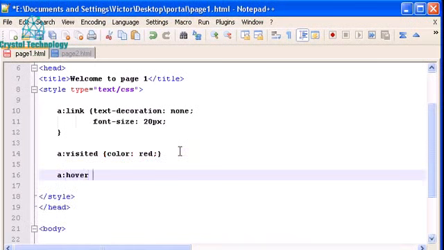Okay, hover is for this state. Hover is when we pass our mouse over a link. What do we want the link attributes or properties to be? Do we want them to change color or change size or to be underlined when we pass our mouse over it? Okay, so let's type